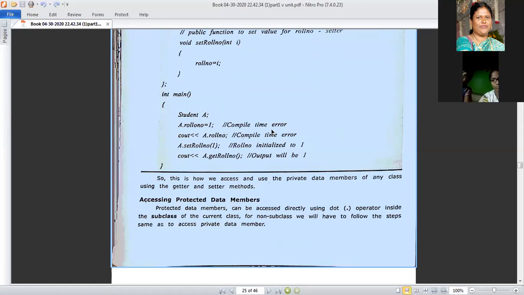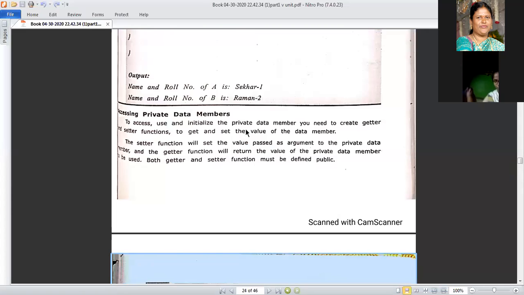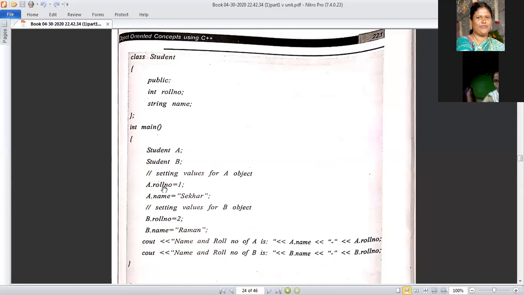What are you seeing here? Anybody read this out? Compile time error. Tell me why the compile time error here? Actually, in the previous example we directly set the value A dot roll number is equal to 1, but there is no compilation error.